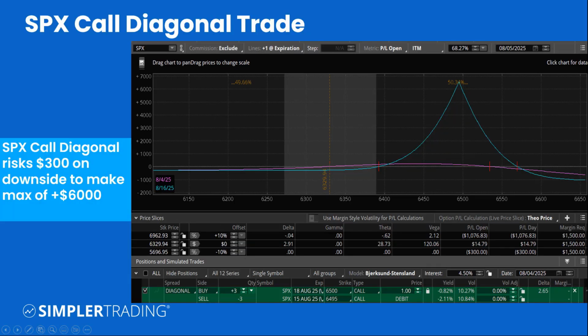I'll give you an example. Here's a recent one that we used, and on a trade like this, you can structure it to risk about $300 to make about $6,000. And here's the graph of it. This is on Thinkorswim, and I love managing by the Greeks. There's your delta, gamma, theta, vega. I can show you how to do all this. It's pretty straightforward.